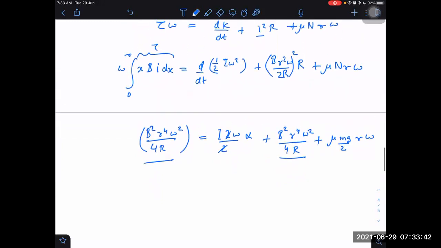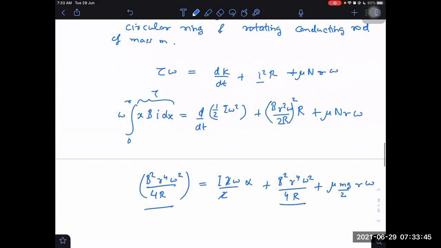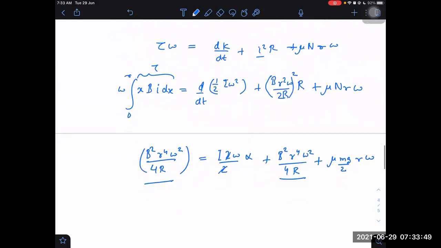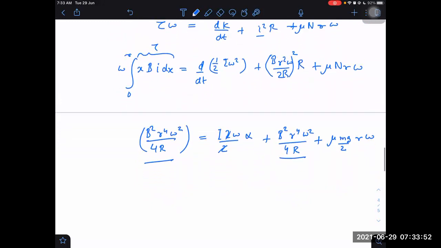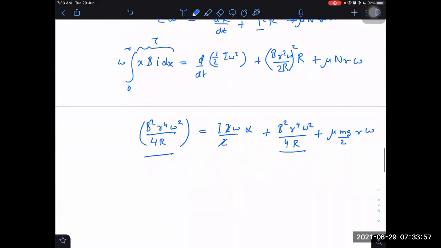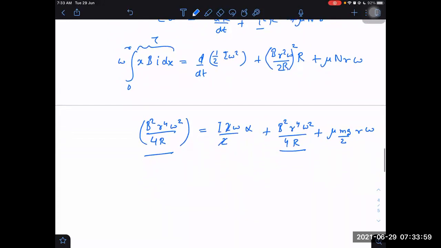Why would this be same? This will not be same always. What is the problem here? This term will not always be equal to that term, it seems. Sir, here omega will be changed. Omega cube has come, sir. Where omega cube? B square r power 4 omega square. This one. Initial term also has omega. Here omega is multiplied, no? Are you talking about this expression or that expression? Yes, sir. This expression. Left side. Let me check once.